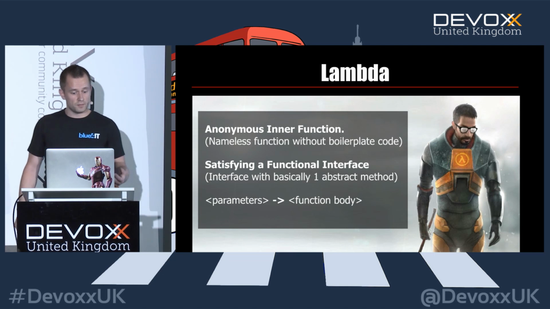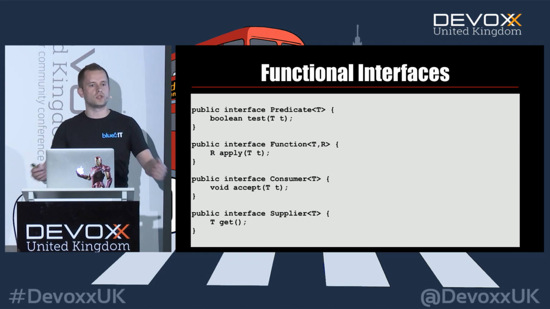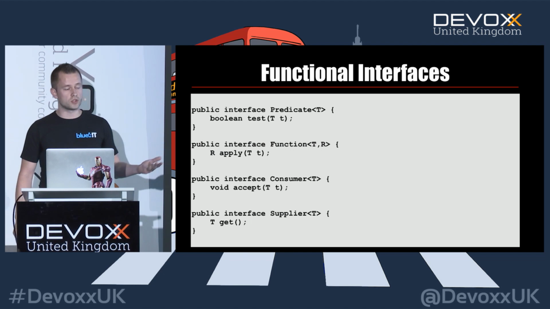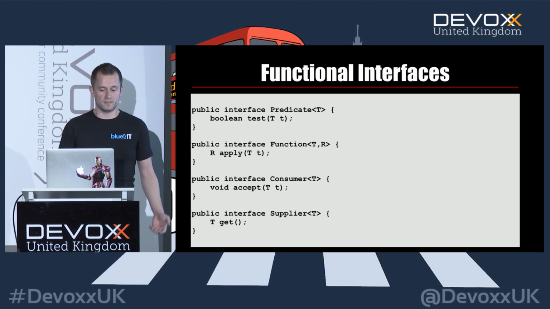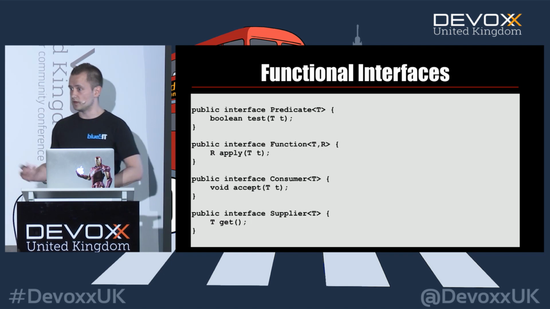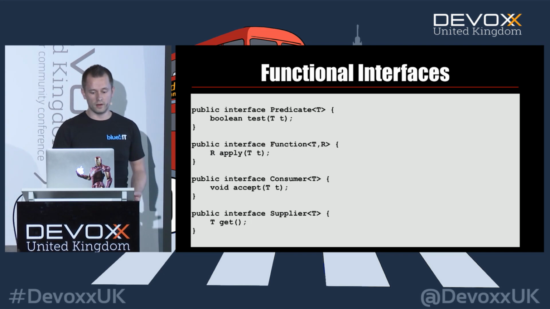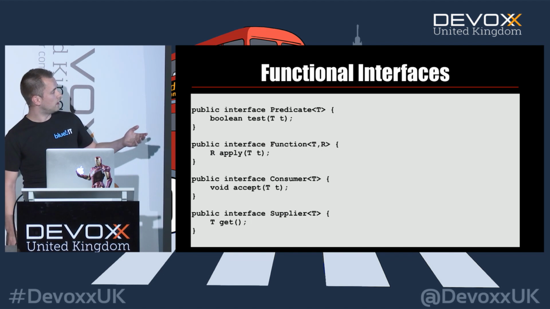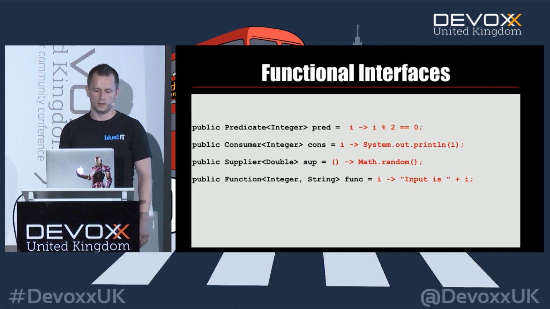Some new functional interfaces in Java 8 were these. These were the main functional interfaces. Of course, there were many more, like BiFunctions and that kind of stuff, but predicates, functions, consumers, and suppliers. Well, a predicate gives you something is true or false. A function takes something, gives you something back. A supplier generates something out of thin air. And a consumer takes something and does something with it. Just a few examples, quite easy.